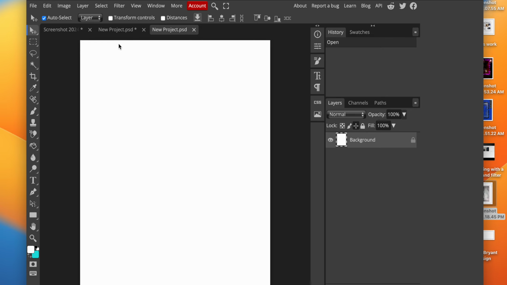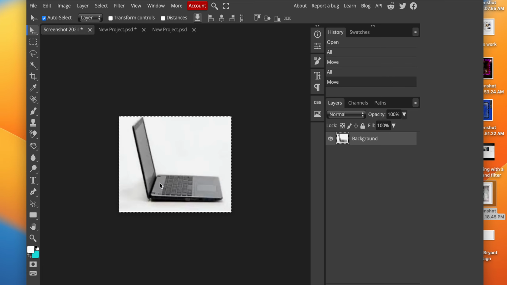And then what you're going to do is make sure you have a screenshot of the computer that you want to add the water to be coming out of the screen with. You're going to need to make sure that you Control A so you can get the black and white ribbon around the image of the computer. Or what you can also do is lasso the computer so that you can just have the computer. So here I'm just going to lasso the computer just like so, instead of just going ahead and Control A,